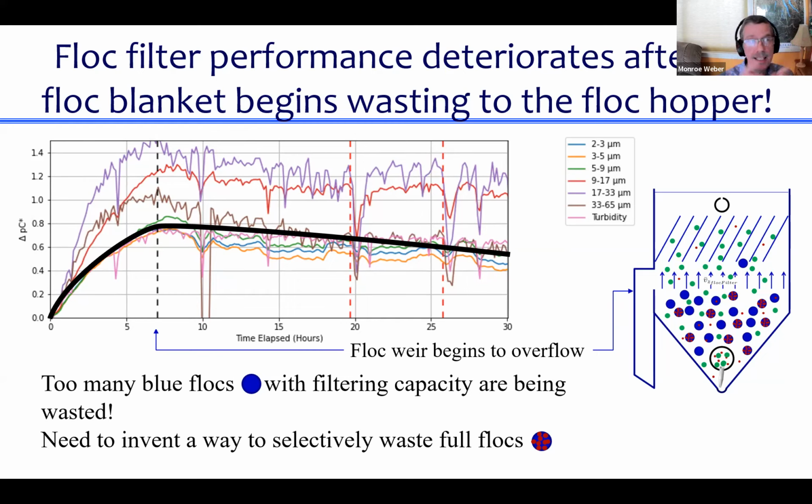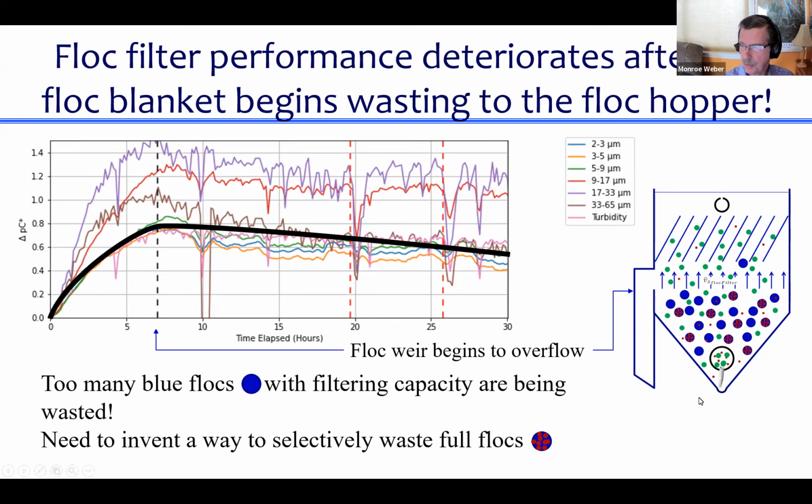What we needed is a hypothesis that explained why there's a finite capacity of a floc. Like, what about a floc wears out and becomes useless? Our previous hypothesis had been that particles are attaching to the outside of the floc. And we couldn't figure out how that would work, because if particles are attaching to the outside, why can't they keep on attaching to the outside? Well, then the hypothesis was that maybe they were getting too big, and so there was too much shear on the outside. But there was another thing that was bothering us, and that is at the very bottom of the